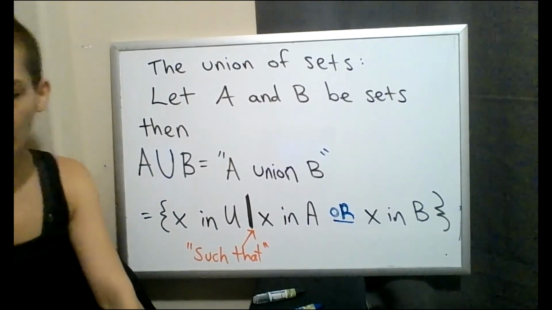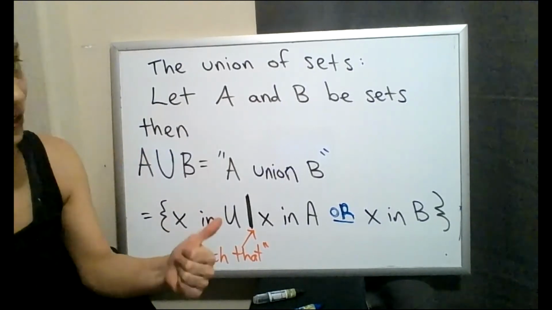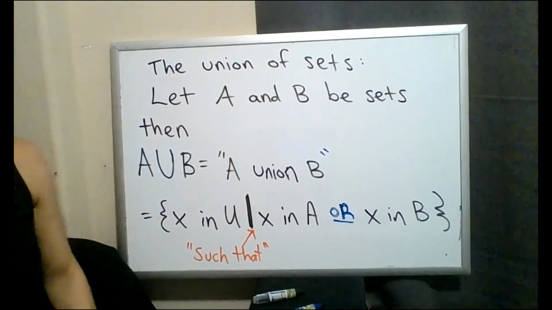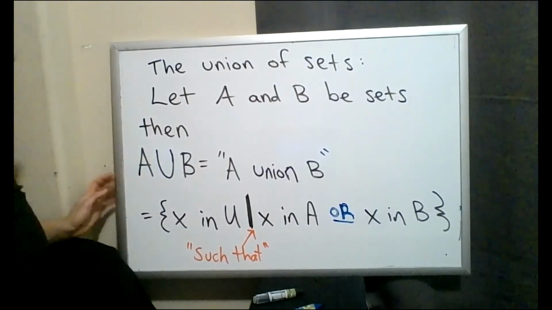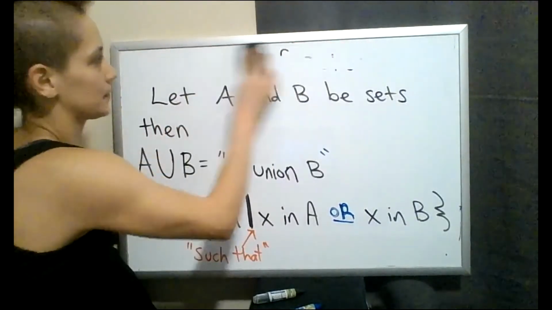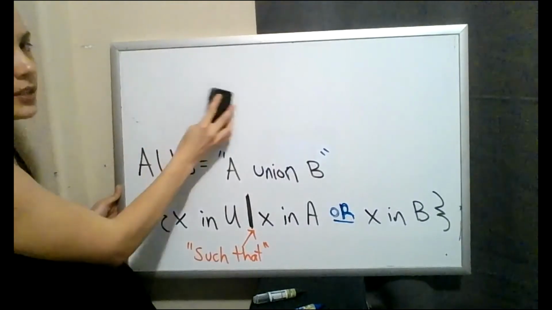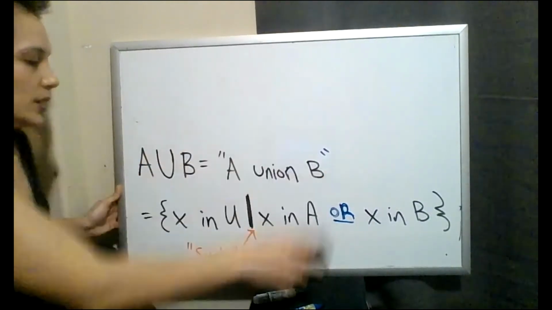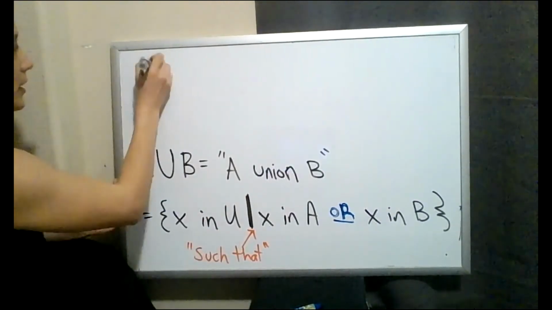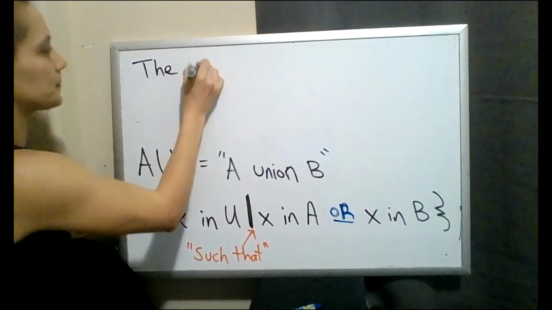The next one we're going to do is the union. Oh no, we did the union. Now we do the intersection of sets. So we're still going to use those two sets A and B. It's just a new symbol to check out. So for intersection,